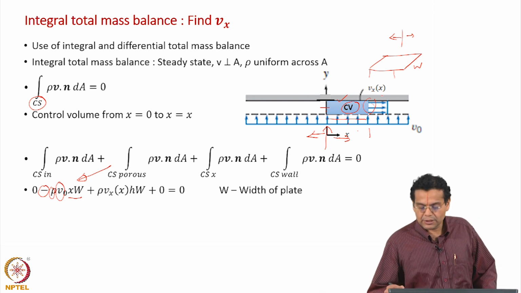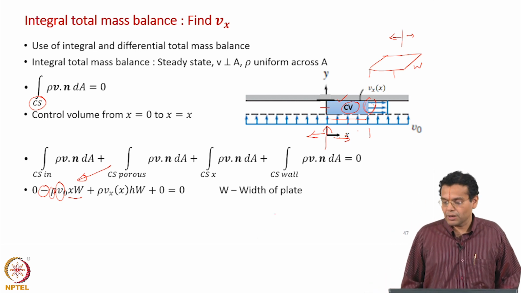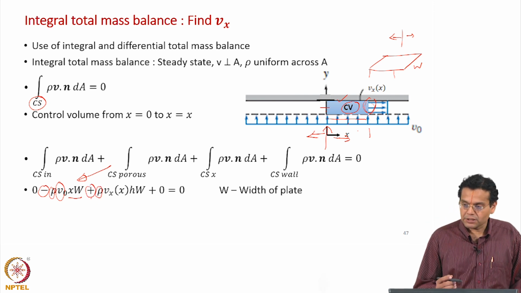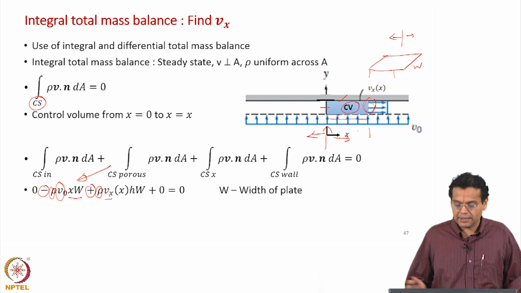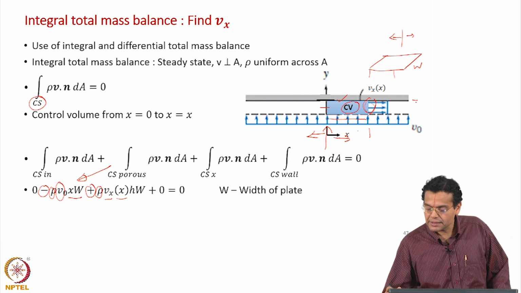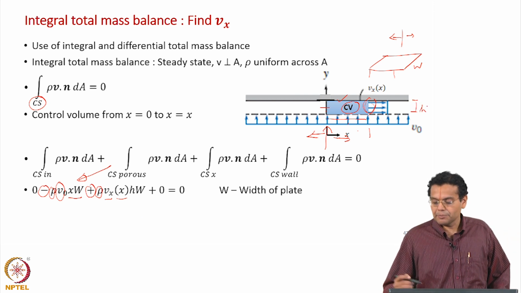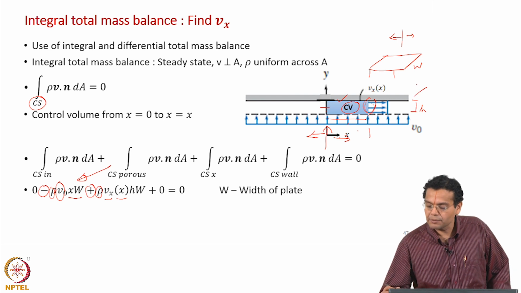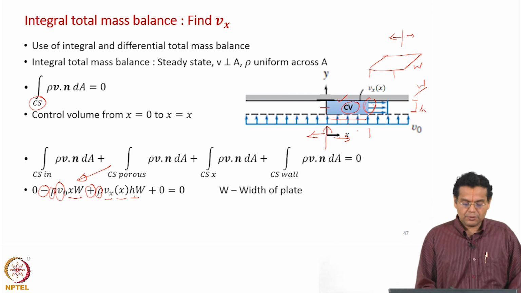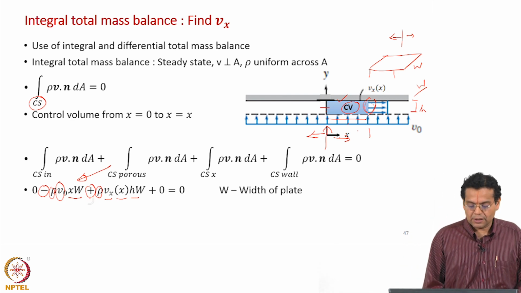Now, coming to the surface at x, where there is outflow, that is why it is positive, density is written as such. What is the magnitude of velocity? It is v x, but now v x depends on x, which is shown explicitly here. What is the area now? h is the height between the 2 plates, and we have width w, hence the area is h into w. So, positive indicates outflow,